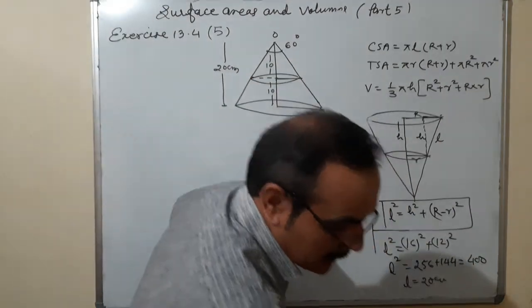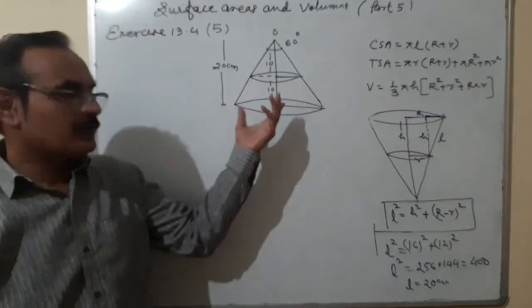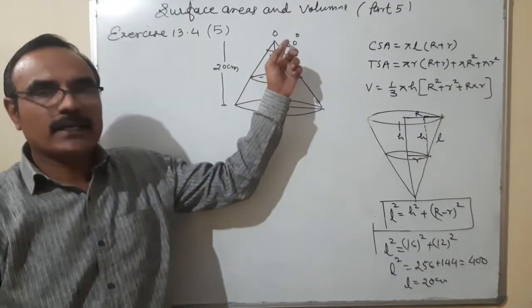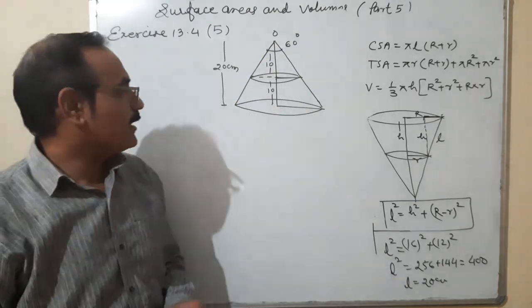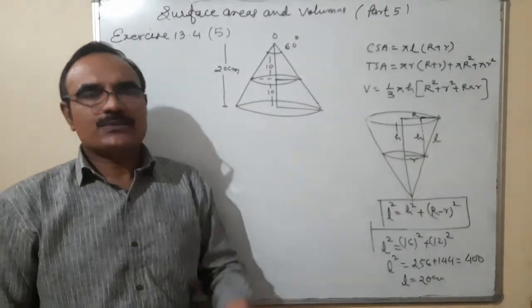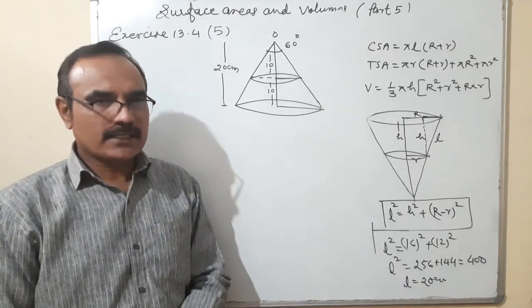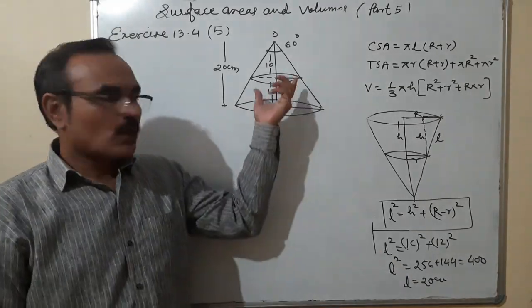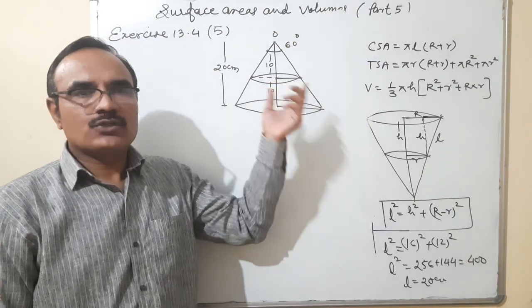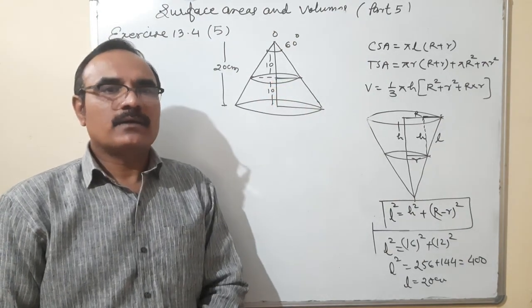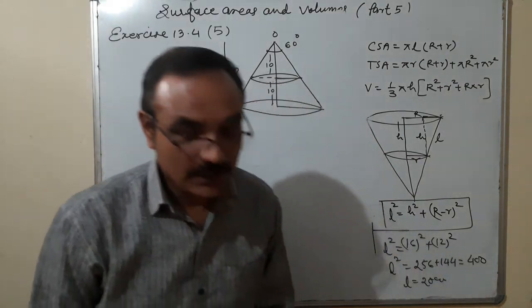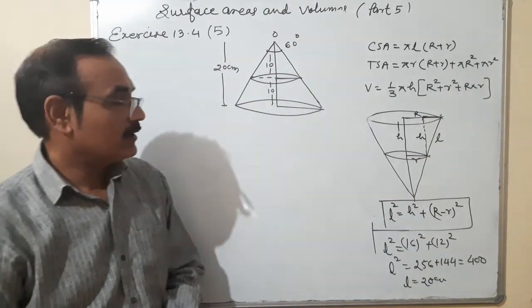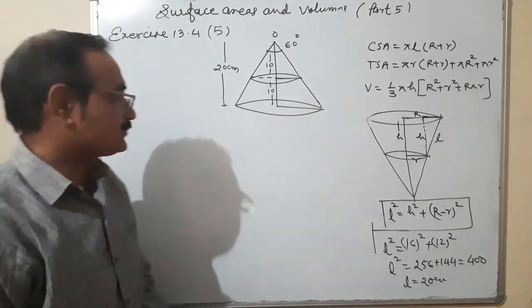Okay. So let me explain to you the meaning of the question. This is a frustum having a vertical angle. Vertical angle, that means this angle of the cone is equal to 60 degree. Height of it is 20 centimeter. It has been cut by a plane parallel to the base at the middle. And whatever frustum is so obtained is to be drawn in the shape of a wire. So diameter is 1/16 centimeter. Okay, find the length of the wire.